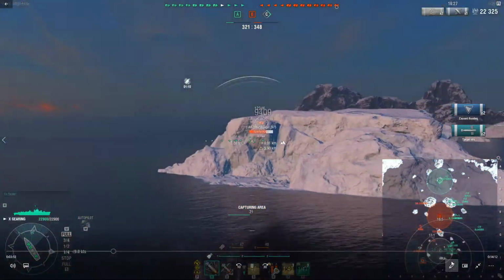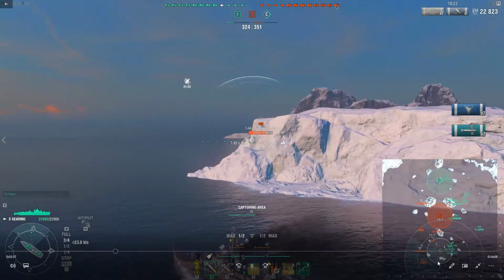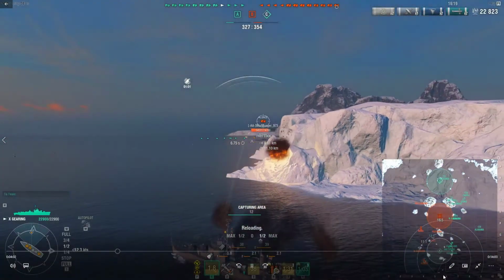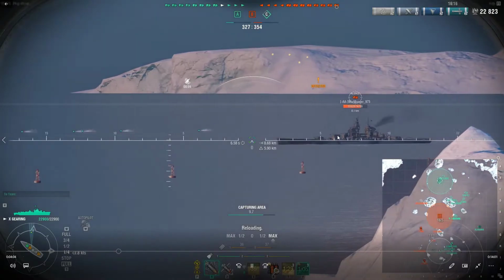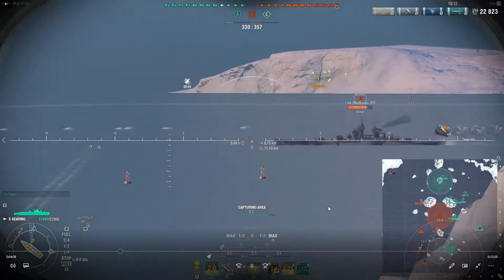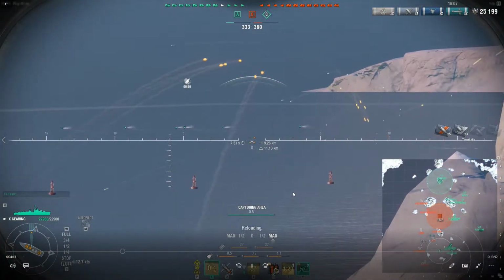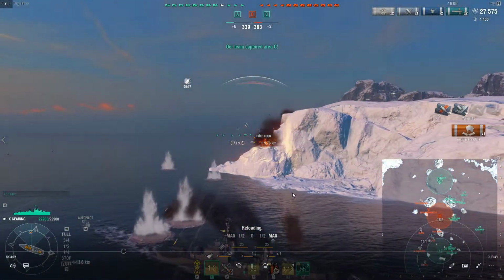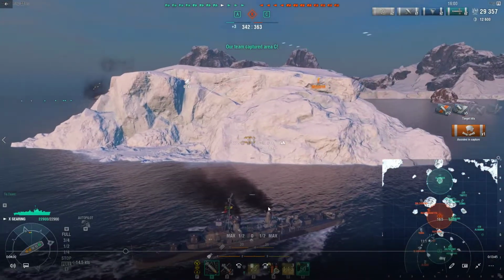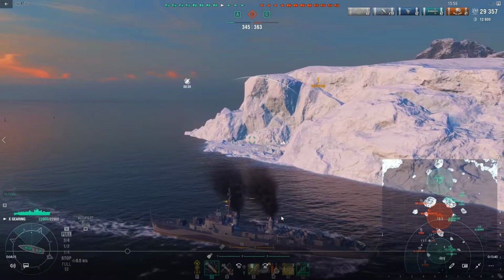But this is something else that you can do, utilizing cover to minimize your ability to be detected. This Alsace just ate 2 torps. His damage control's on cooldown, and I'm using this island. I'm just trying to get some additional fires on this guy, and I still get the cap, and unfortunately just bad RNG. Even though I got a bunch of shells in on that guy, didn't get lucky with the fire,